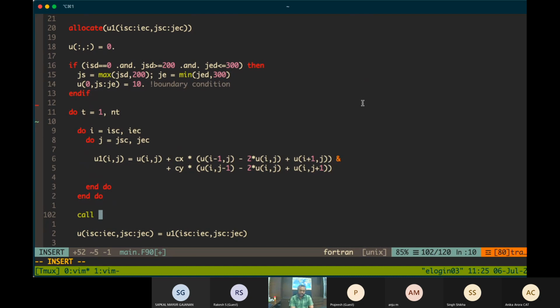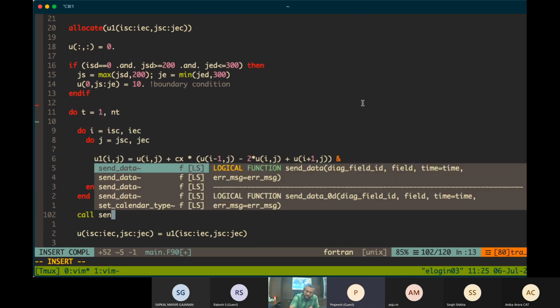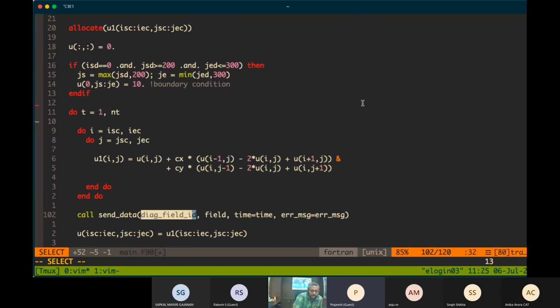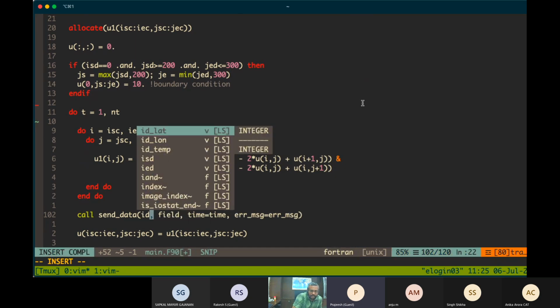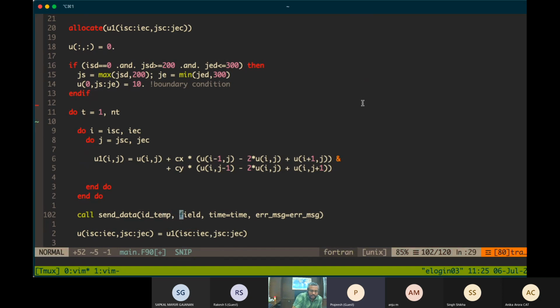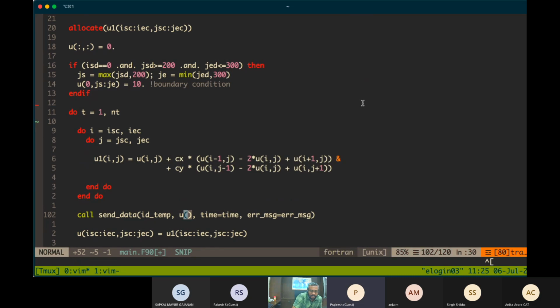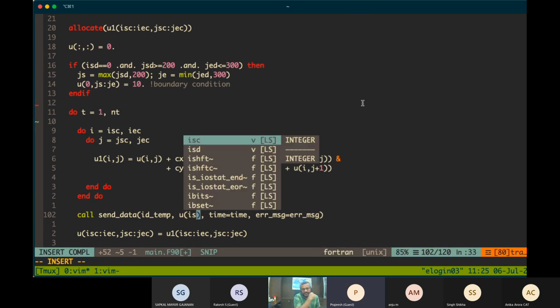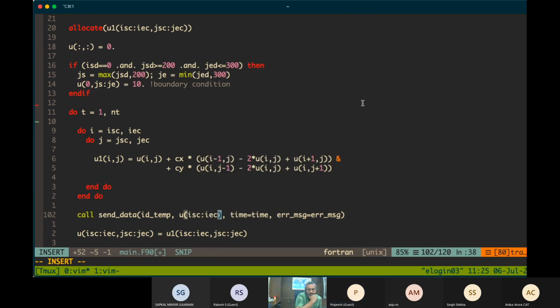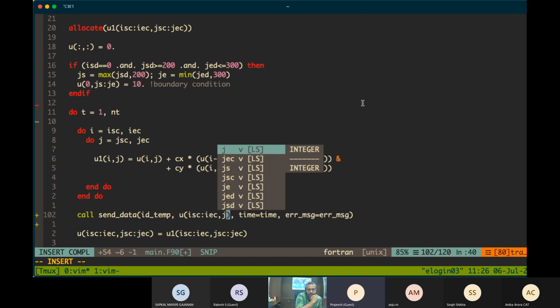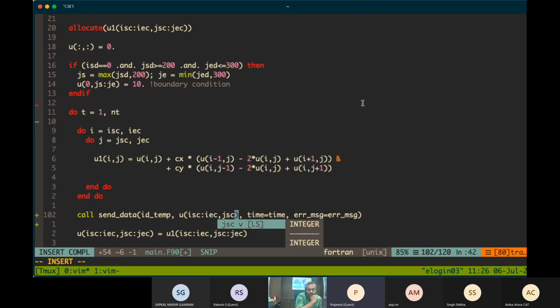For putting the values, you have to use send data, and the first argument is the diag field ID, which is here ID temp in our case. Then the values, which is U here, and U ES. We need to only send the compute domain value, because the halo will be a repetition in the process.